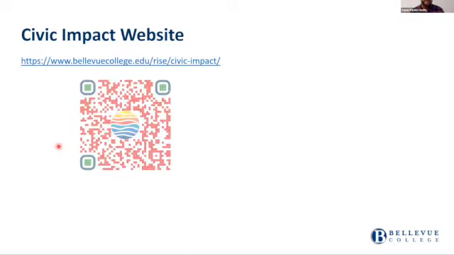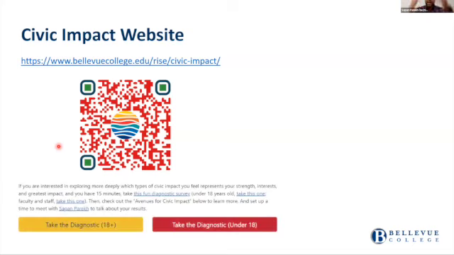So we do have a website. Here's a QR code in case you want to go to it quickly. I'll put this link in the chat afterward as well. This is probably the most visible place that it is. Halfway down, we've got this little piece that talks about taking a diagnostic. This is the survey tool, and we have the one that will capture the data, which is the 18 and over. But because we have a large Running Start population, we also have this under 18, which is essentially the demonstration version. We also have it here and here, and then